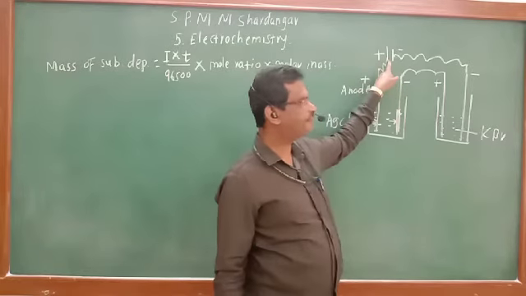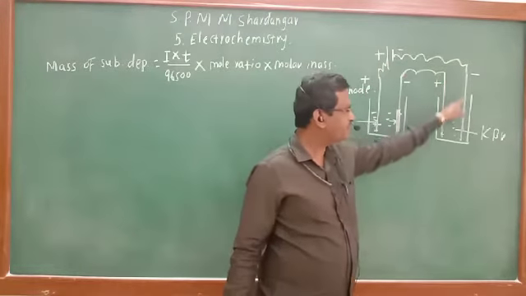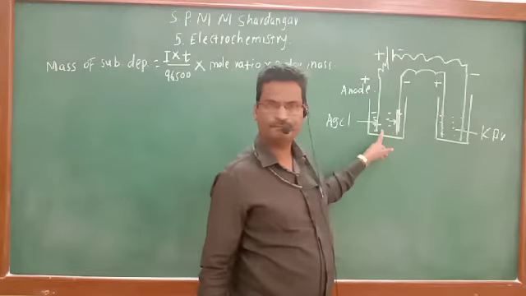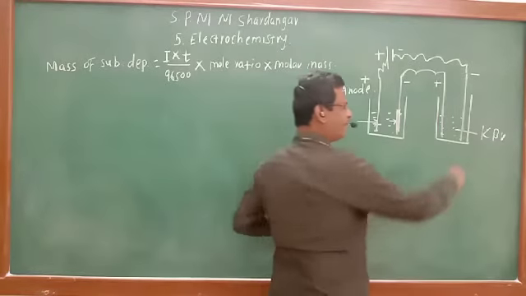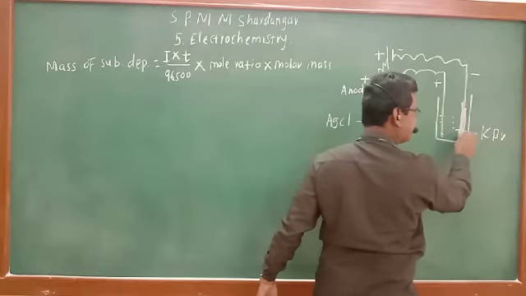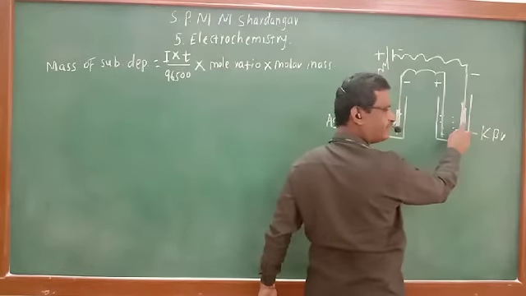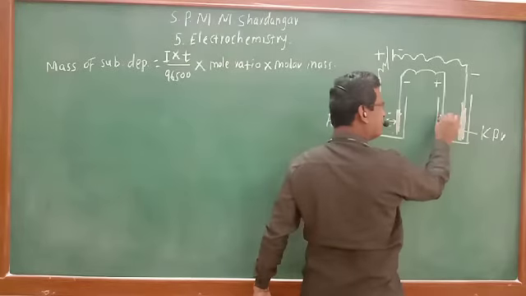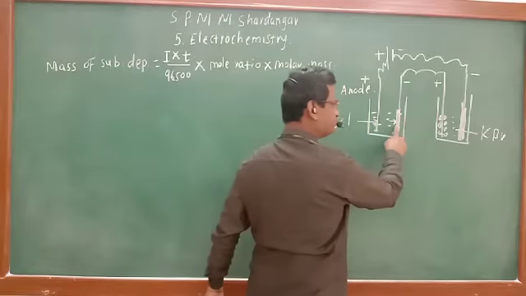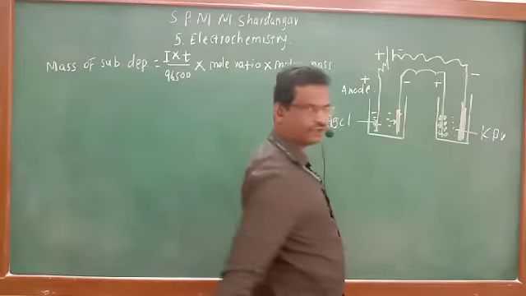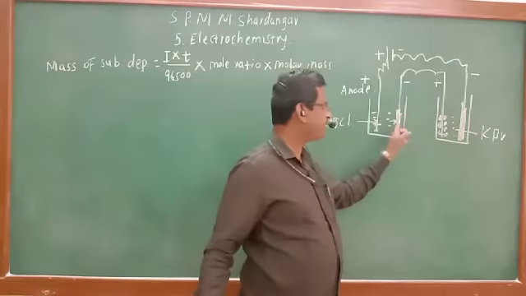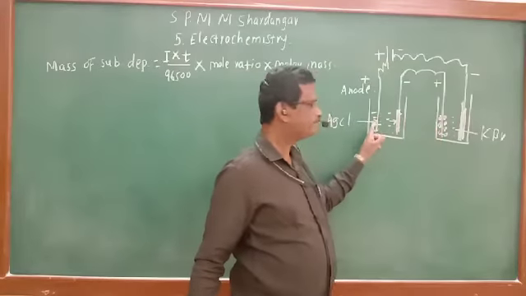The same cell is used, the same battery is used. Therefore, whatever the charge is passed into KBr, the same charge will be passed into AgCl. Over here, K plus is deposited, neutral potassium is deposited, because K plus ions are attracted towards the negative electrode. Here, bromine gas is evolved at the anode, silver is deposited, and here chlorine gas is evolved. So, how many substances are deposited? Potassium and silver. Here, bromine and chlorine.